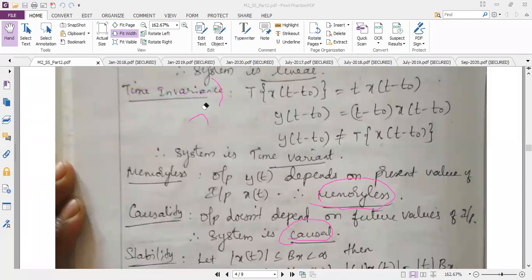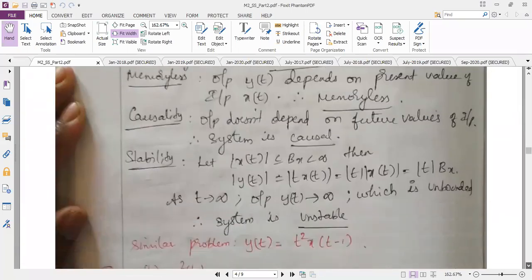Now we are going to discuss how to declare the given system is unstable. I have told this earlier itself. I should not have any amplitude scaling. You know what the meaning of amplitude scaling is? See, x of t is having amplitude scaling factor t. If you get a question like this, then definitely the system will not be stable.